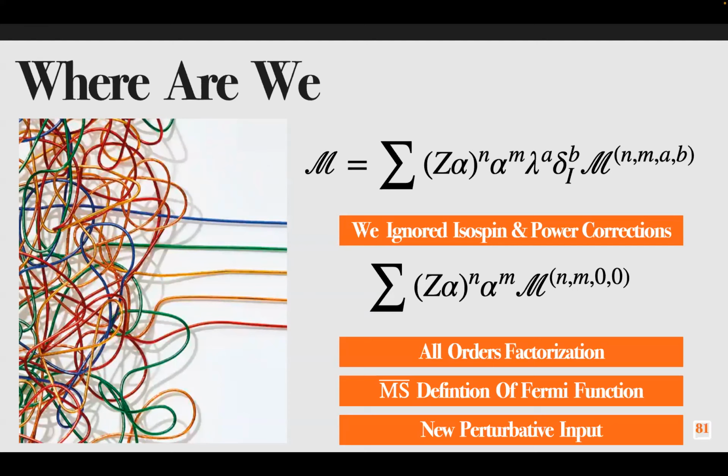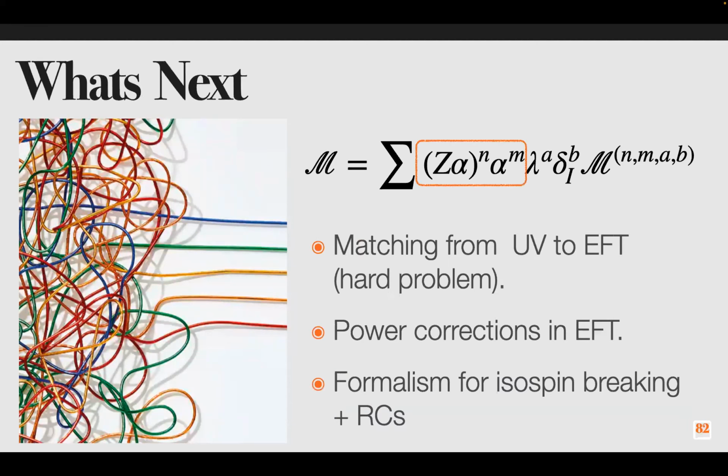But what we really studied is the leading power isospin symmetric limit, but we've studied it at very high orders in perturbation theory and made some statements that are claims that are supposed to hold to all orders in perturbation theory. We've got some all orders factorization statements, an MS bar definition of the Fermi function, and new perturbative input for the calculation of the anomalous dimension. And so what's next? So this is related to what you asked